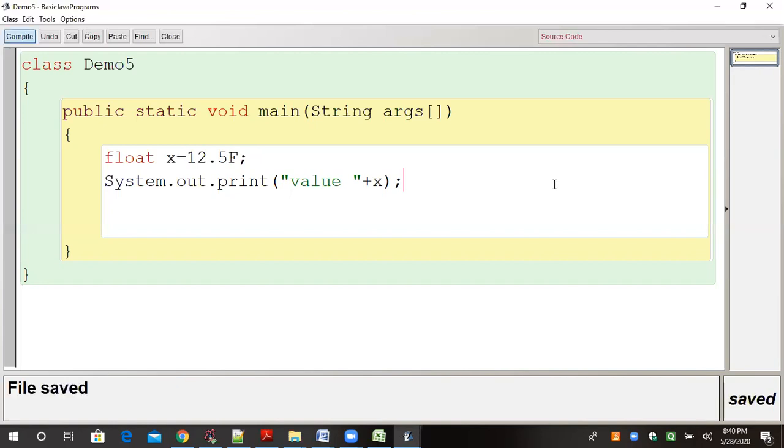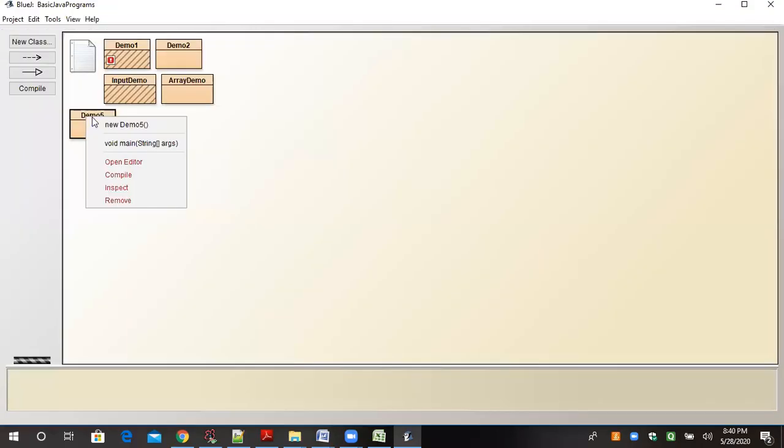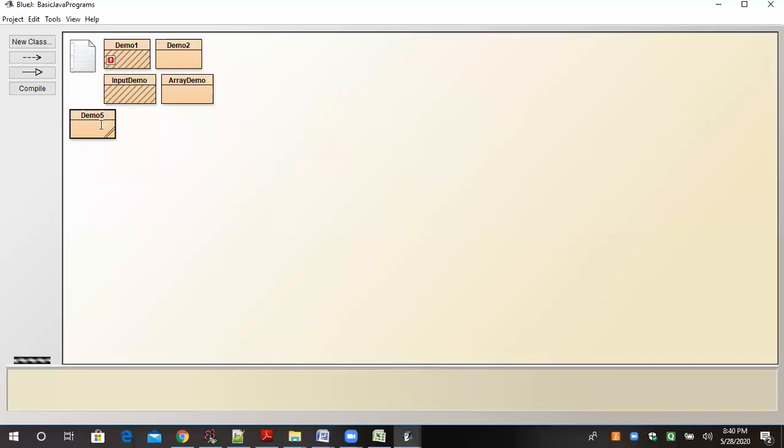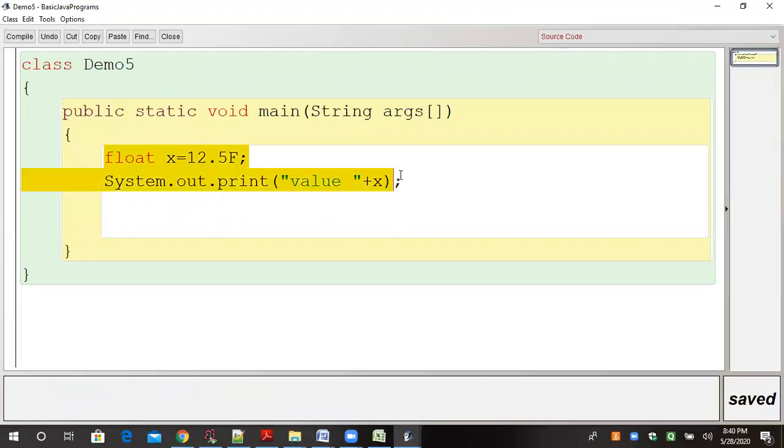Okay, now just closing and running my code. Happily, we can see the output, 12.5. Understand? Very small thing, but a very important thing, because in the upcoming question I will use this concept. Okay, now can you please tell me,